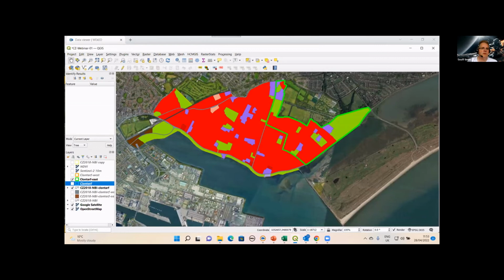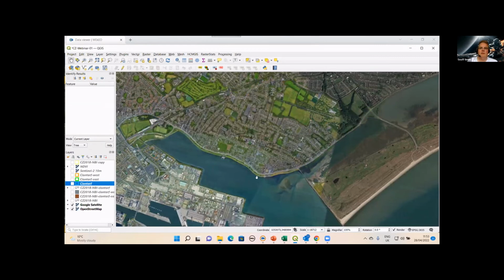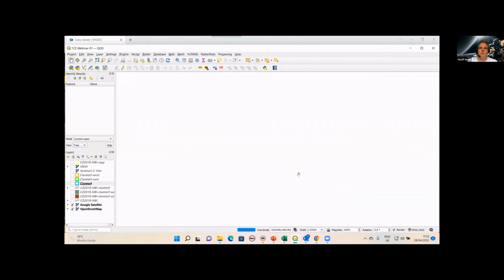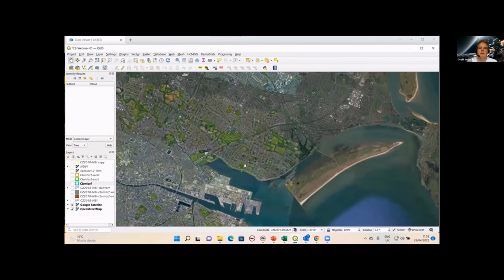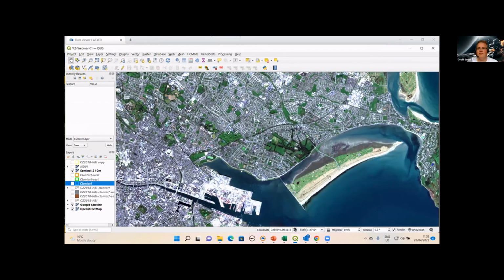So I'm just going to switch off some of these layers here. As we said before, the Corine layer is very generalized. The coastal zone layer is more detailed, but still not quite as detailed as the satellite imagery. So what I've done is take an image that I downloaded from WEkEO, and loaded in the 10-meter bands. If you're familiar with Sentinel-2, it has 4 10-meter bands, then a set of 20-meter bands, and a couple of 60-meter bands, which are used for atmospheric correction.